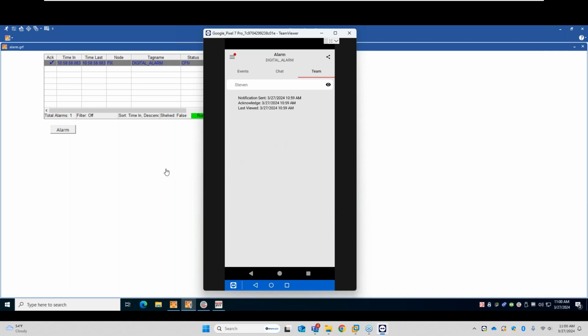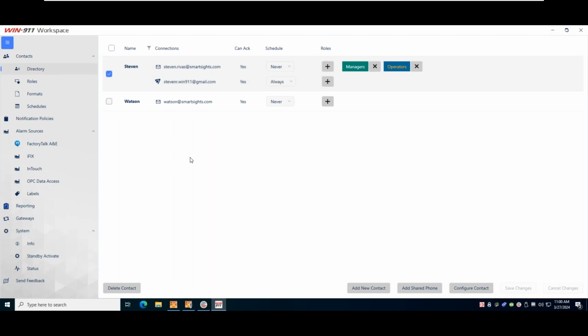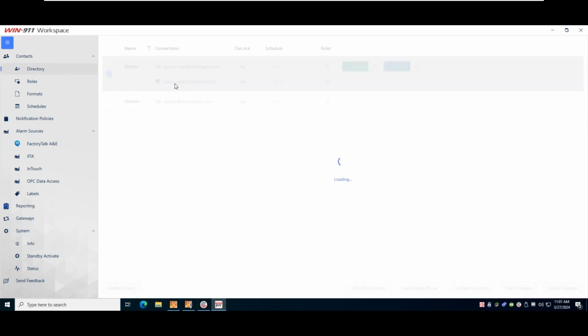All right, so let's just walk through the setup of this. This is just a simple digital alarm. The first thing you would need to do in Win911, this is Win911 Workspace, where you do a majority of your configuration, is start with a contact. So I've created a contact for myself called Steven here. Inside of it,